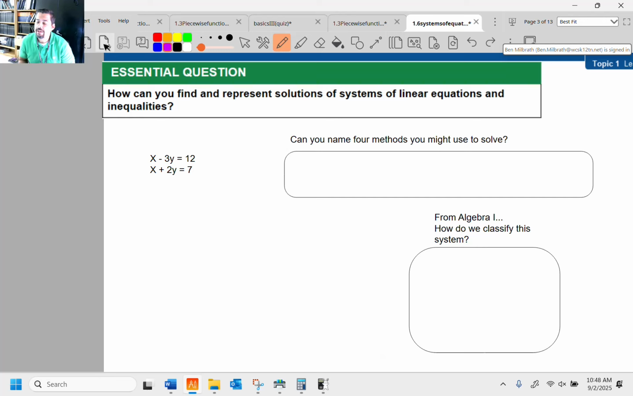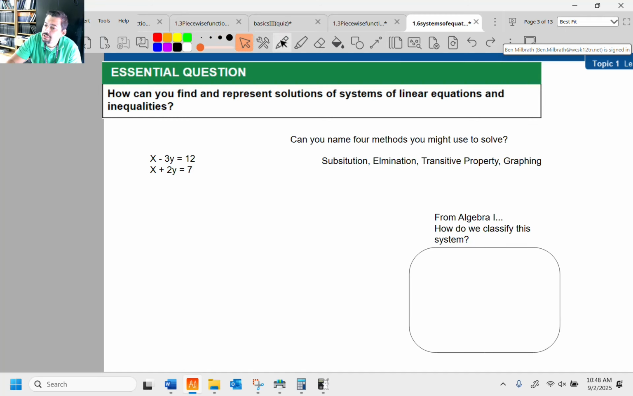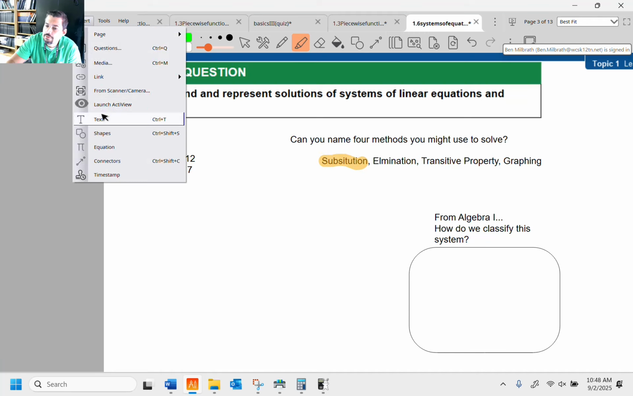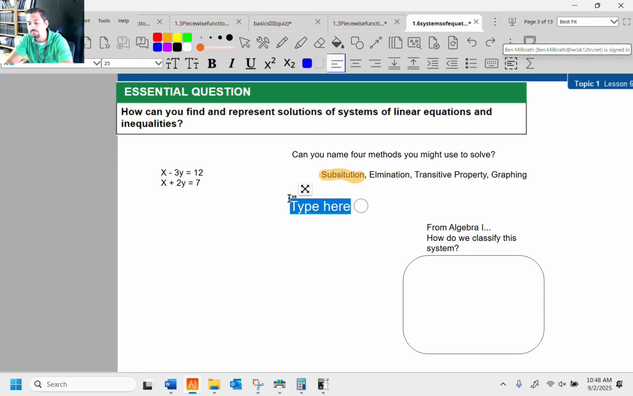All right, how can you find and represent solutions of systems of linear equations and inequalities? Well, you could graph. You could do what we did, which was the transitive property, or you could do substitution or elimination. I'm going to make this particular slide about substitution. Okay, so let's go over the substitution method. This one, the one that's on paper right now, is actually best done with elimination. But substitution method,